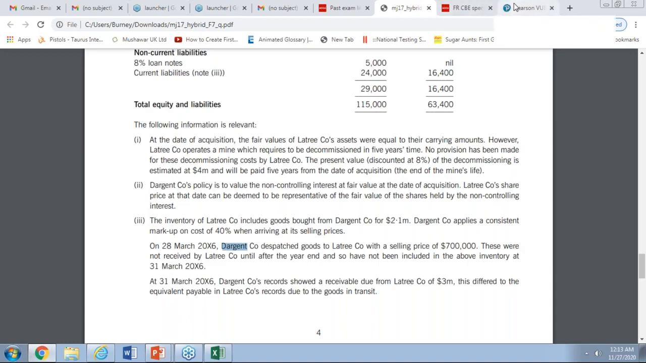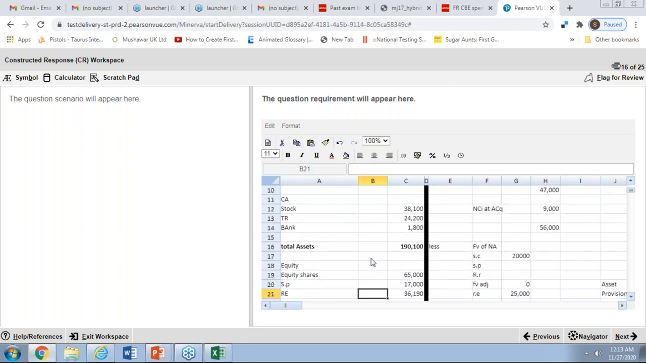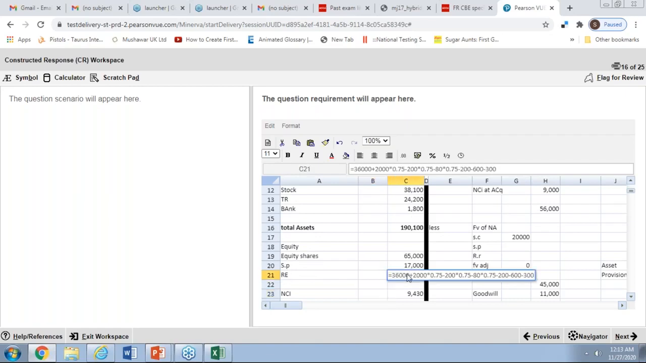Consolidated retained earnings. Students want to take the picture. Now this is the working for the retained earnings. If you wanted to take the snap. Second working is for the,